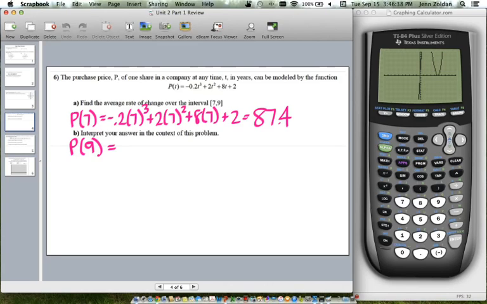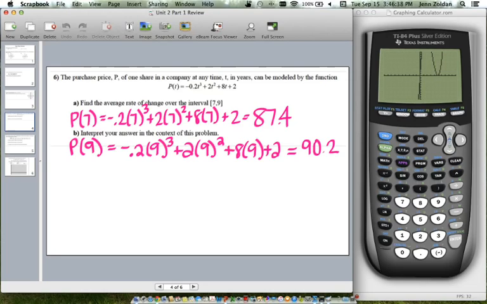I obviously did not give myself very much space for this, but negative 0.2 times 9 to the third plus 2 times 9 squared plus 8 times 9 plus 2. I'm going to take that and plug it in. And that gives me